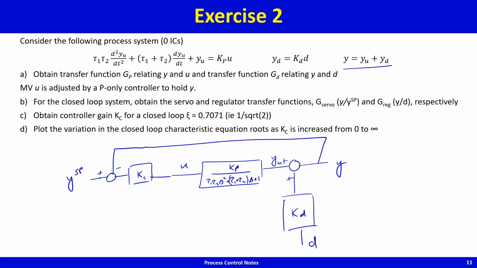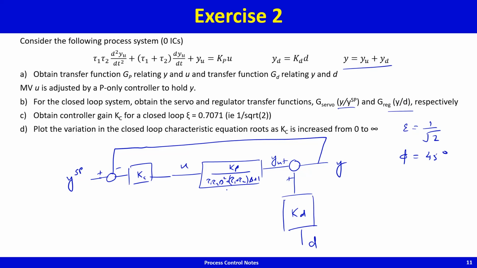Now what you're supposed to do is obtain, for this closed loop system, the servo and regulator transfer functions, and obtain the controller gain Kc for a closed loop damping coefficient of 0.7071. And 0.7071 means chi is equal to 1 by square root 2, and therefore the angle phi that you're looking at is actually 45 degrees. 45 degrees means you're wanting a Kc for which the closed loop roots of the characteristic equation,